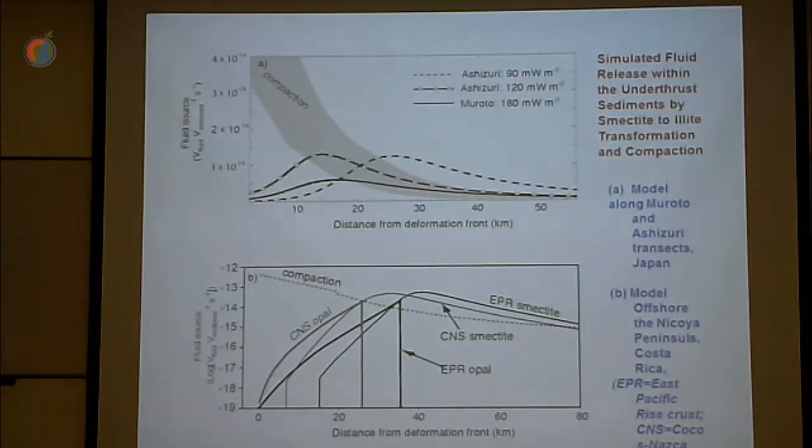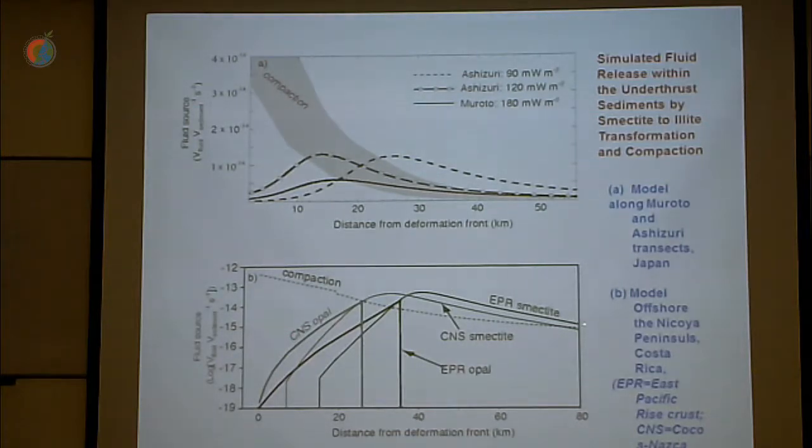Next slide. And then, you superimpose it again at a distance from the front. And here we have the fluid source. And you're taking certain reactions, and you're calculating where the fluid is going to come out. For example, these are 3 sections in Japan. That is the lowest heat flow. You can see the lowest heat flow, the maximum fluid is coming out at greater distance from the trench than the higher ones. Here you have, of Costa Rica, we have 2 reactions and 2 basements, the Cocos